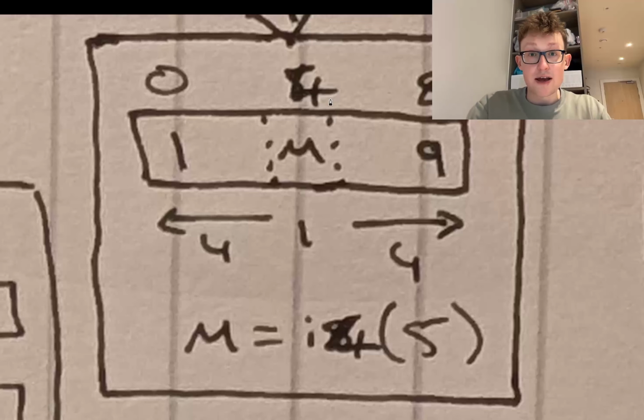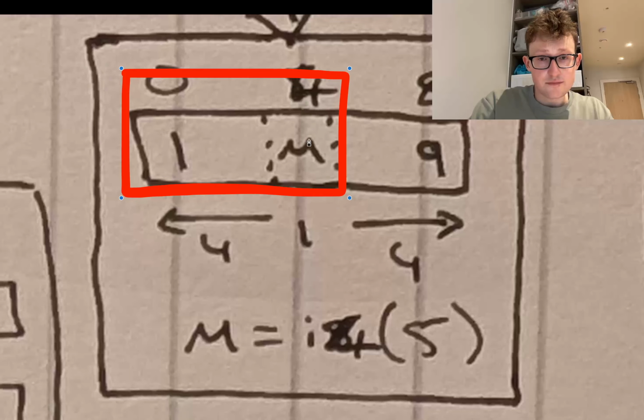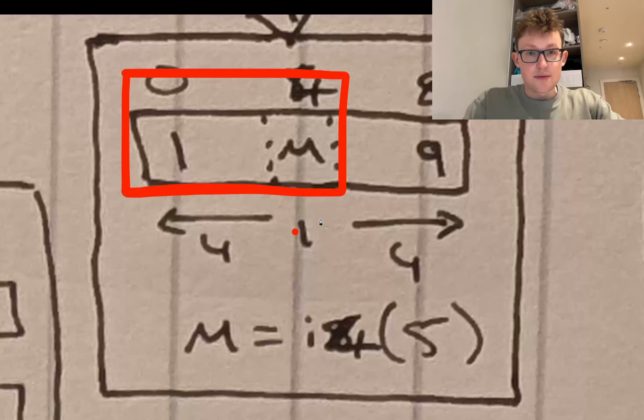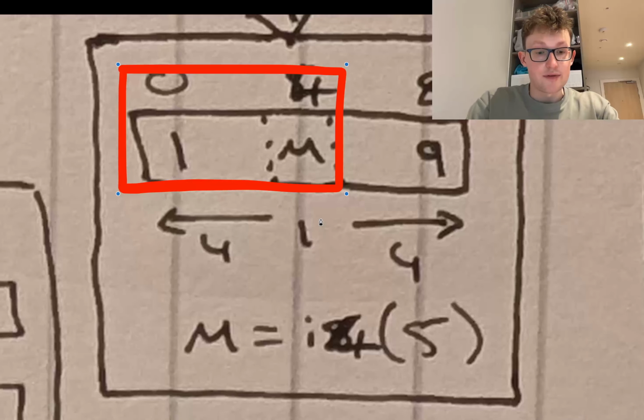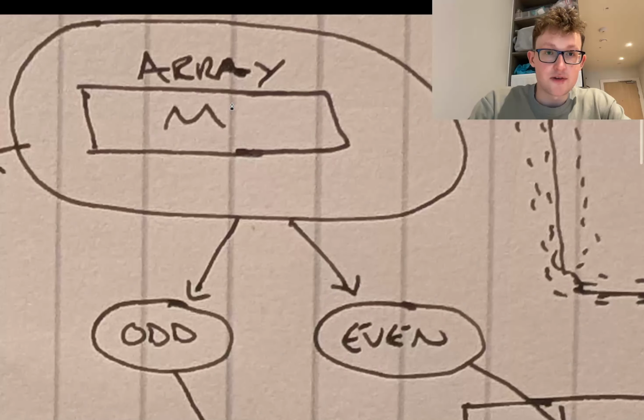So for an odd array, you now know the solution. Oh, you just divide by 2, round down, and there you go. If you imagine now that this is an array that we've picked, we're at the very end of it. So we'll actually just take the one that we've divided by 2 to get. But if we go back up to this problem, get the middle. Okay, now let's go down the children nodes again.